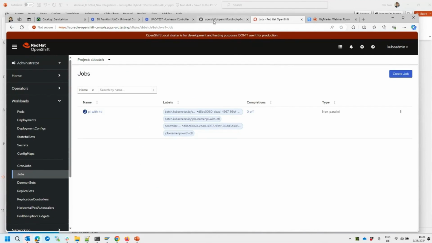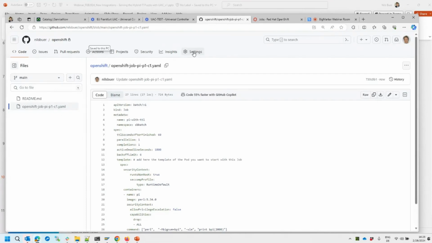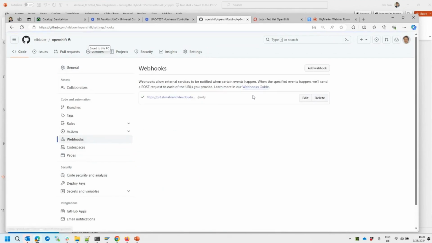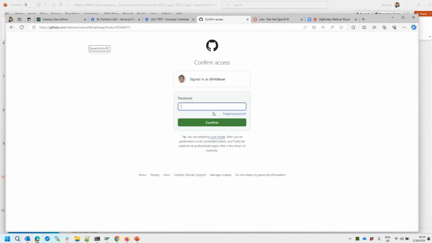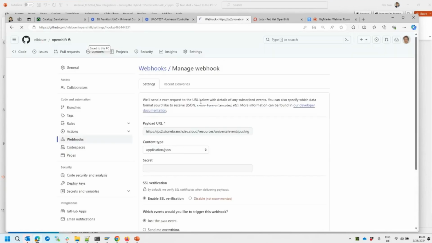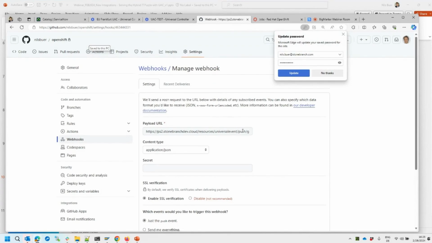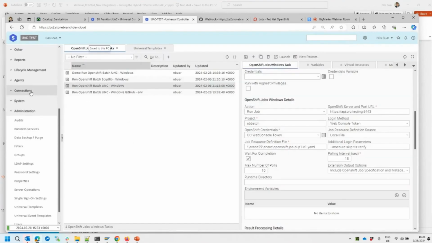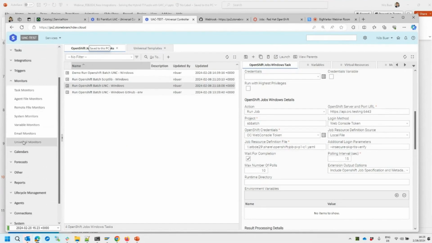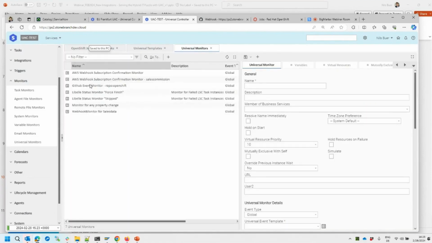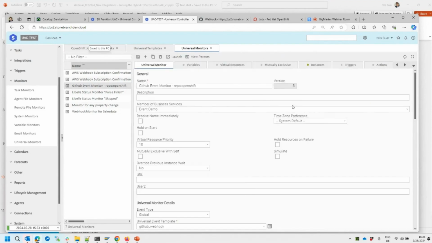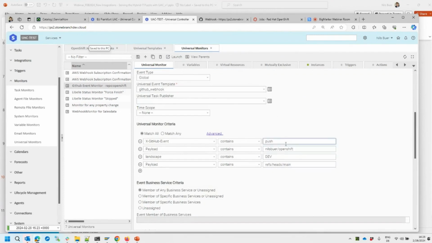How does this actually work? If I go to my GitHub, then under the settings, I've configured a webhook. On the webhook, I put the webhook receiver endpoint of our controller as the endpoint. So this is the Universal Controller endpoint where GitHub sends a message. Then on the controller itself, I have a so-called monitor called Universal Monitor. What this universal monitor does is wait for the events coming from GitHub. In this case, it checks: is it a push event which it retrieves? Is the payload for my OpenShift project in